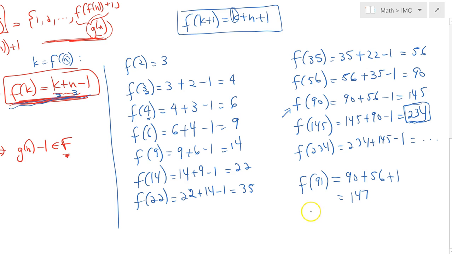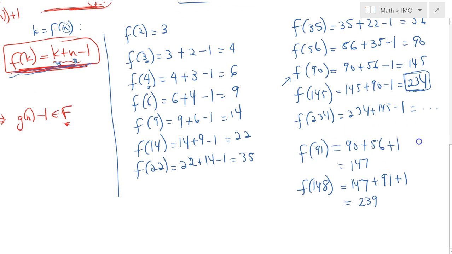And then I can, in a similar way, try, would that work? f of 148. Right, so f of 148 is just 147 plus 1, so this is 147. What caused 147 was 91 plus 1. So 147 plus 90 is 237, 238, 239. Right. So this gives me 239, and finally f of